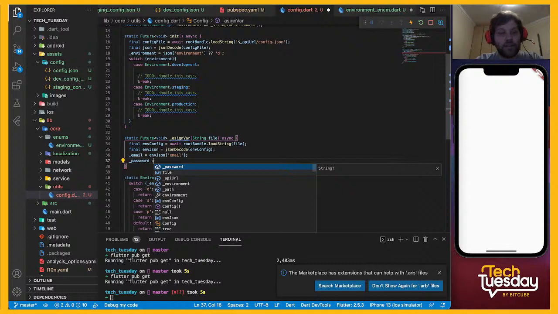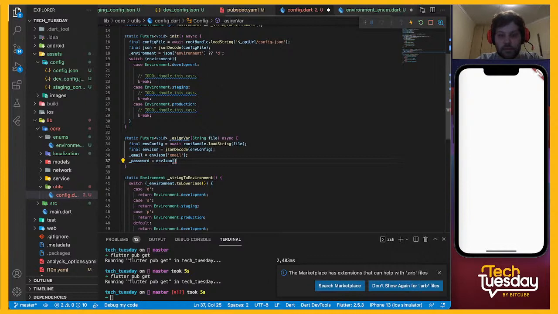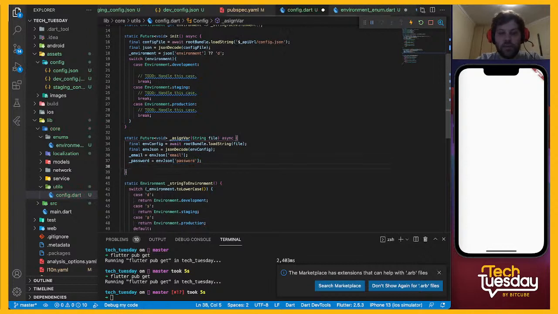So yeah, then we're just going to quickly add password. Should be env JSON password, and then lastly we want to assign our API URL and call that env JSON and call it API underscore URL. All right. So yeah, that's the three items we want to use, and then we have in our dev files,